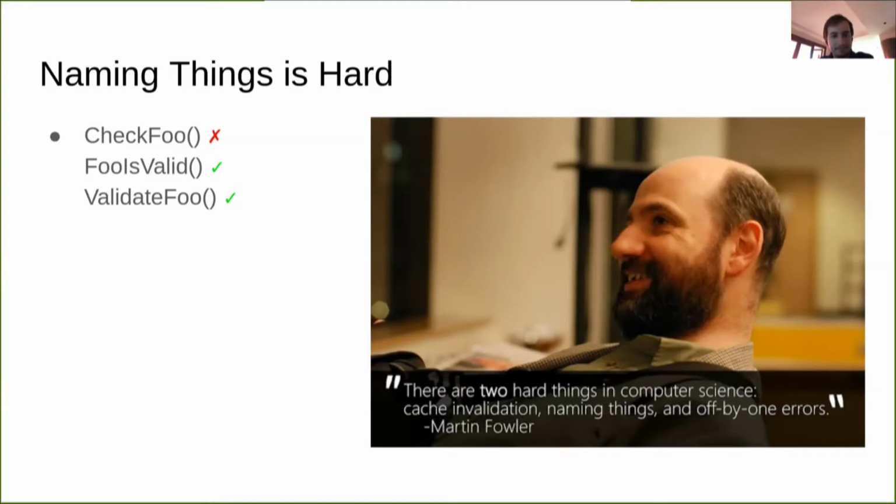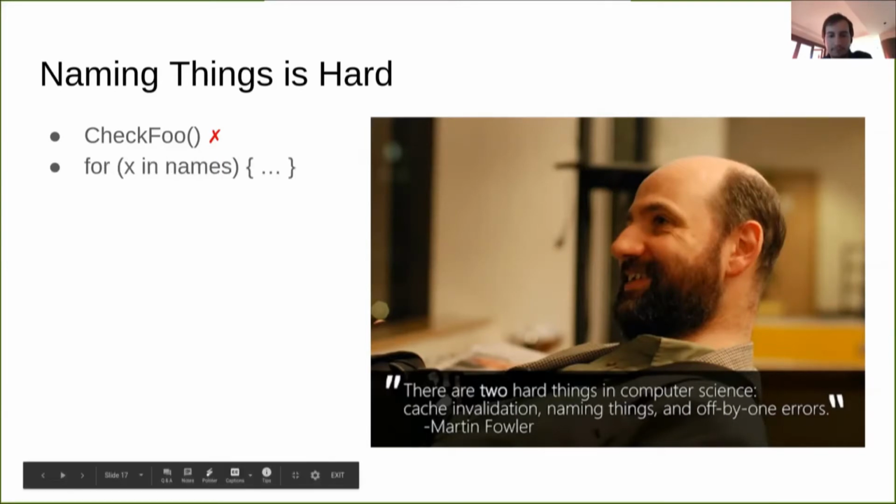In Go, it's common. We commonly use something like validate foo, and it returns an error if there's some validation failure. Depending on the language and framework, you might use something else, but the point is make sure that it's clear what the function does. If I have something called check foo, I don't know if it's going to return an error or a Boolean, or maybe it returns nothing and it just does some check in the background, and I expect that by telling it to check something, it's good.